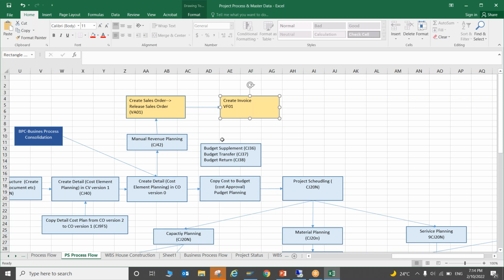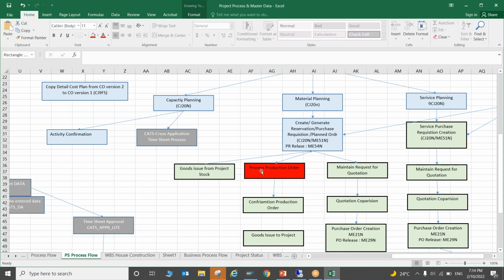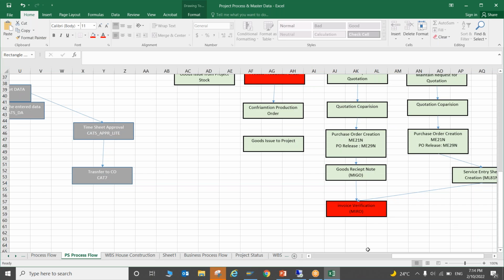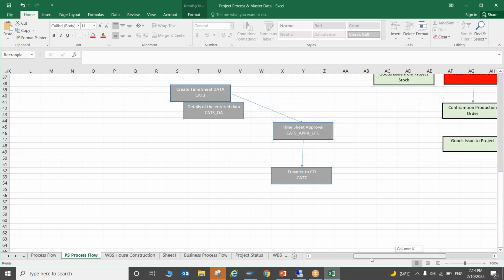Create invoice: this is the actual transaction. When your sales order is created, then with reference to that, whenever you are going to do any invoice billing, the VF01 transaction has to be executed. I will explain the production order and invoice verification. These are the two things, and then